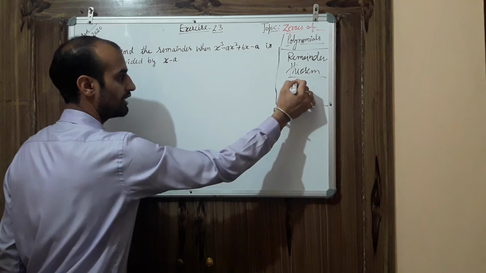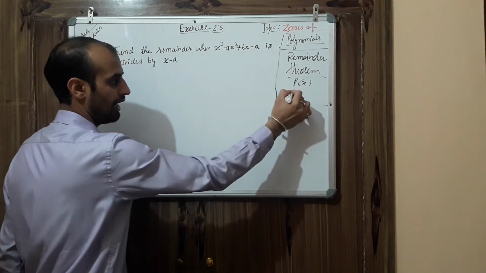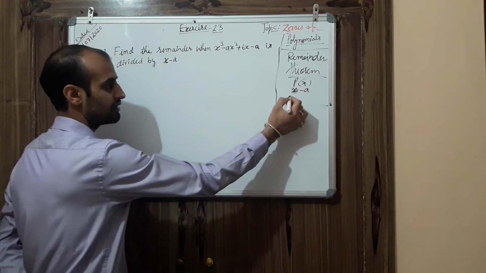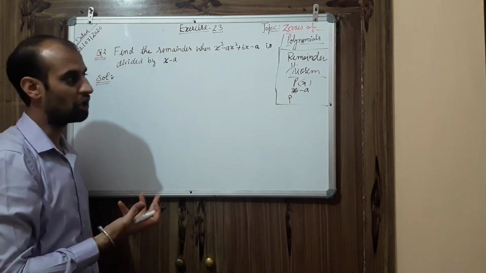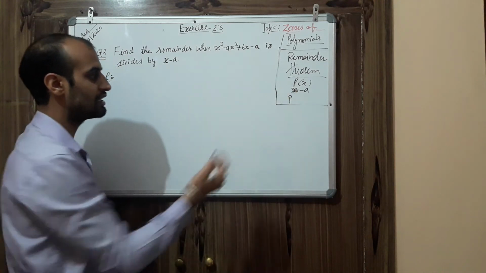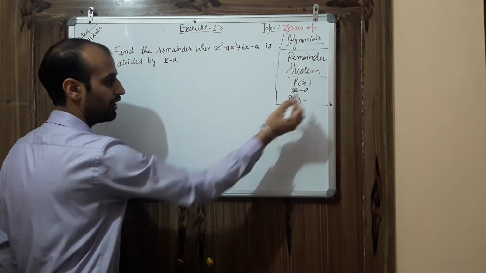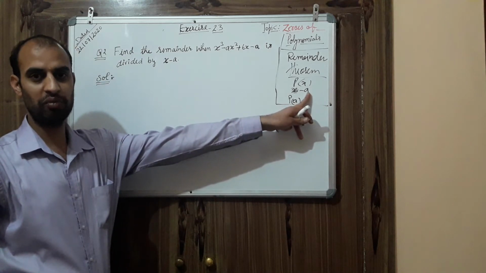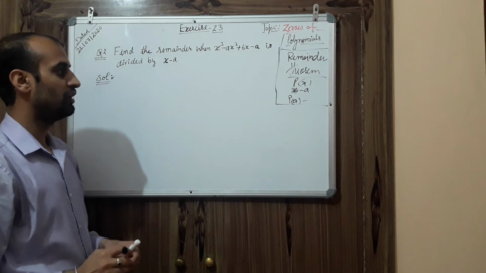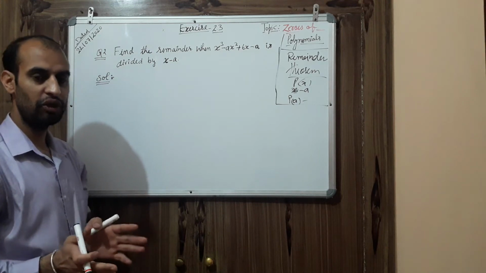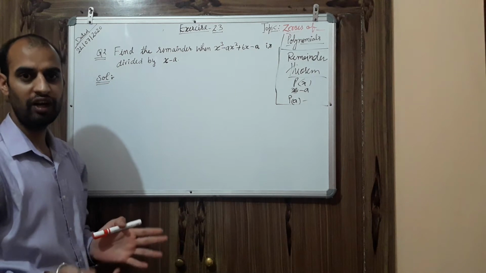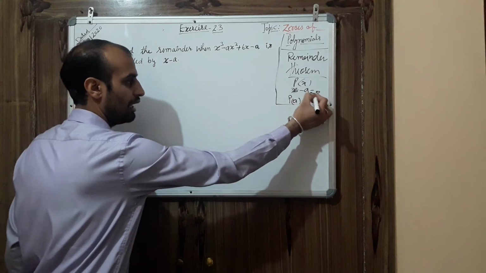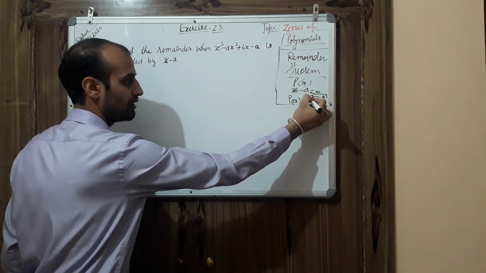The remainder theorem is like this: if p(x) is any polynomial and x minus a is dividing this polynomial, that means if we are interested to calculate the remainder of any polynomial, we can directly substitute this value a and find the remainder. This a may be any number, it may be 1, 2, 3, 4, minus 2, minus 3, any number. So if you have any polynomial and it is divided by another polynomial and you have to find the remainder, you can directly find it by this method. Just set this equal to 0, find x from here, x is equal to a, and substitute in this.